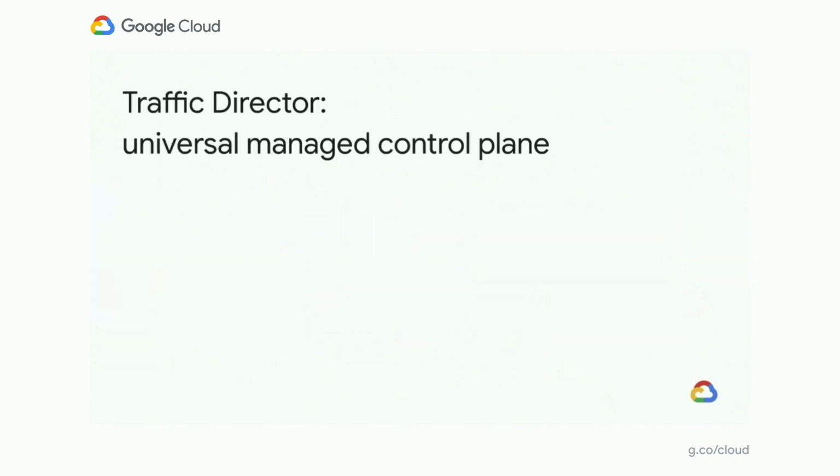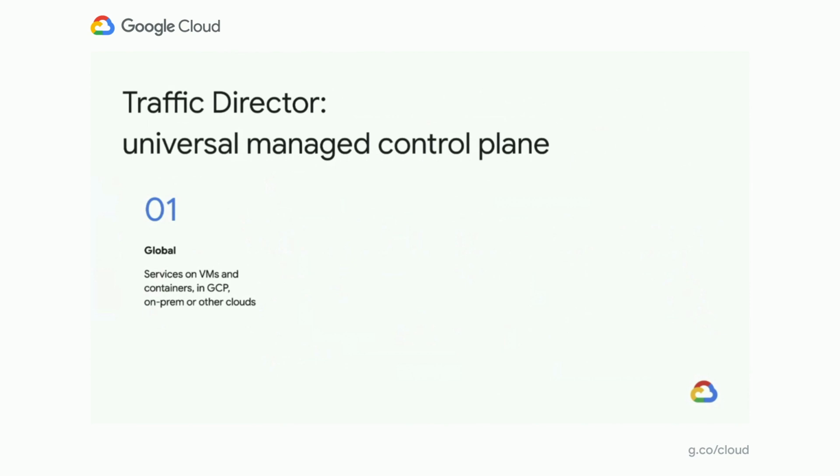And so what do I mean when I say universal? Well, one part of that is that it's global by default. It looks at your whole network as a global thing. And so that includes not just containers, but also virtual machines. Plenty of customers aren't ready to go 100% into Kubernetes yet. And that's totally okay. Whether you're on VMs, on containers, Traffic Director really doesn't make a distinction about which services